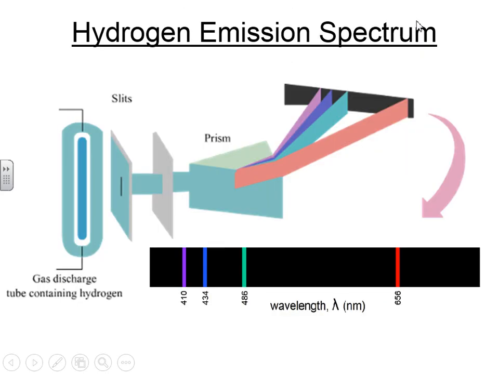The first color spectrum that everyone learns about is the hydrogen emission spectrum. So here is hydrogen being given off. And if you take a look, they put hydrogen in and let the hydrogen glow. Now, the hydrogen usually has a bluish, purplish glow. So if you take a look at it, it looks a little reddish, bluish, kind of a combination of both